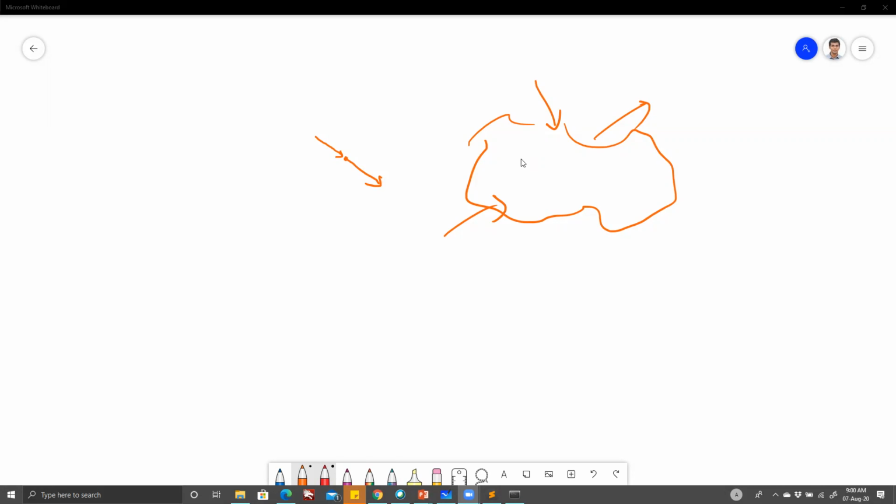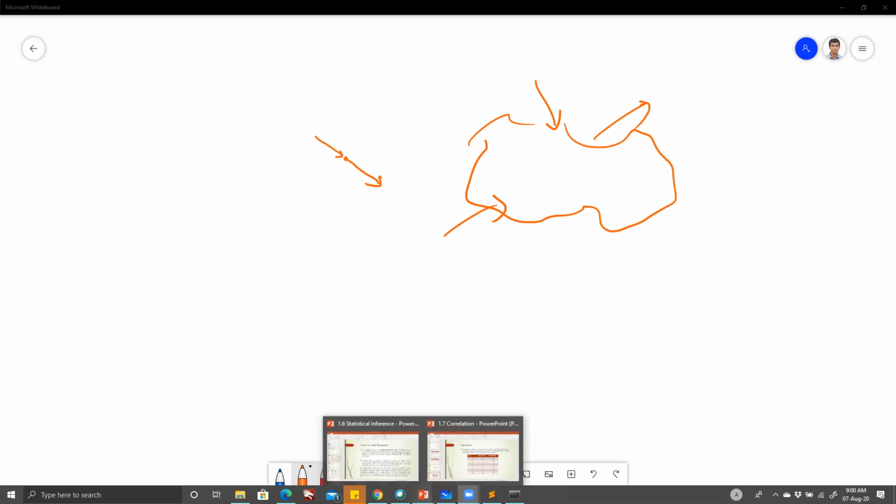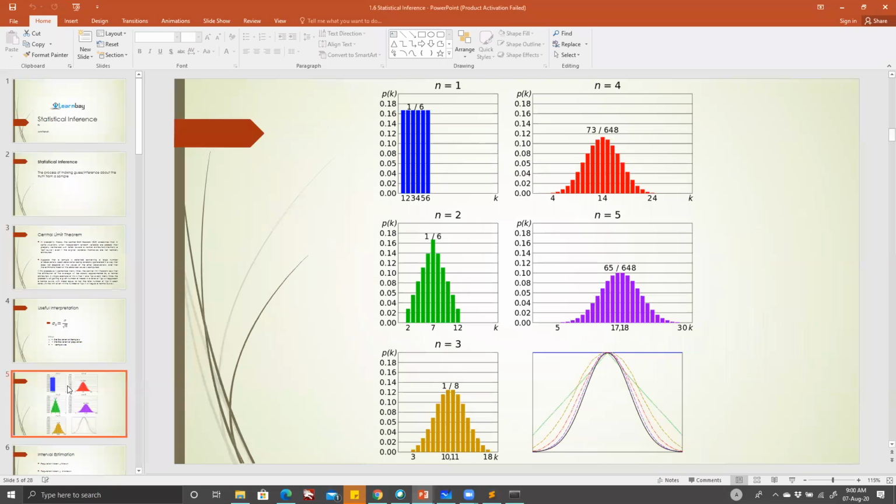Sir, if you can go back to the slide which you showed, the different graphs, slide number 5. What is the number of observations we are taking? When you say n is equal to 4, I presume you are saying we roll the dice 4 times, and then the average would center around 14 because 3.5 into 4 is 14. But what is the number of trials you take? Sorry, that is the two dice that you have to throw. That's why you will see the lower numbers will basically start to increase.